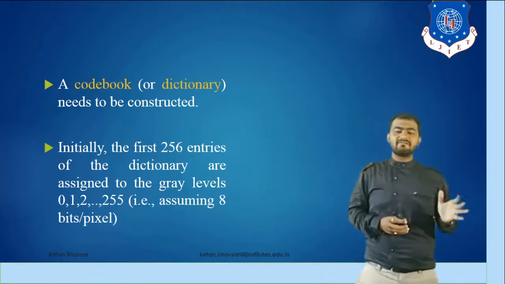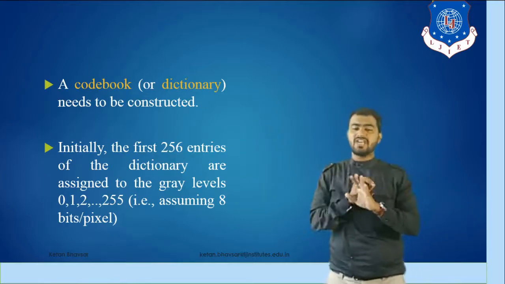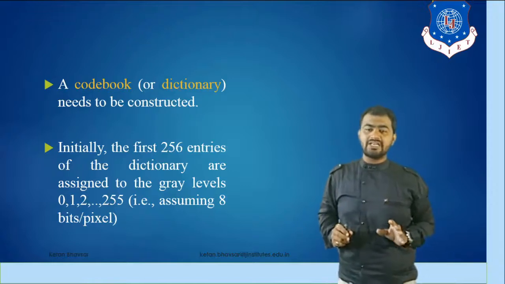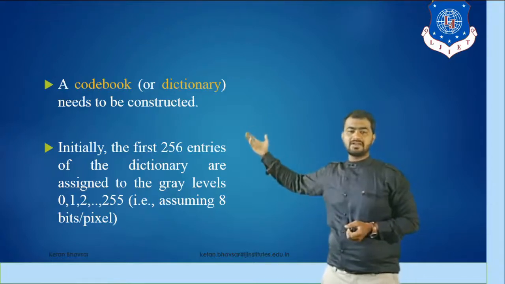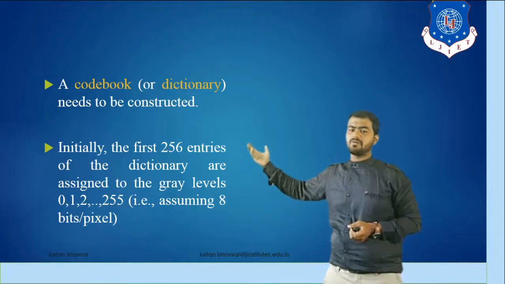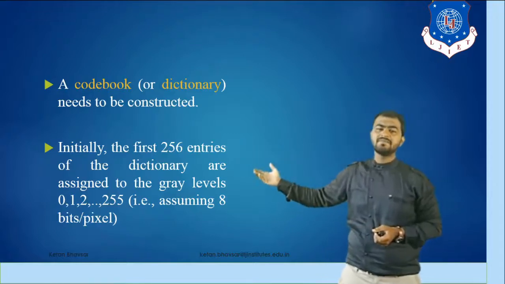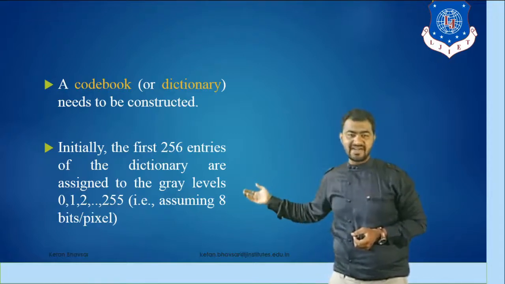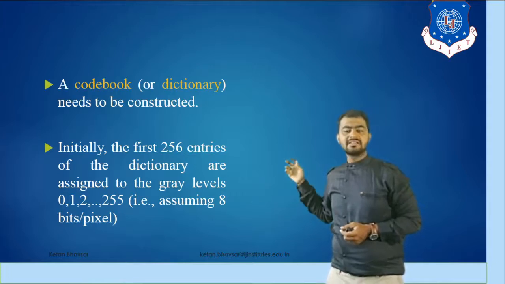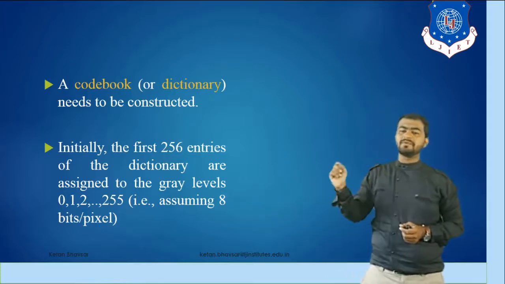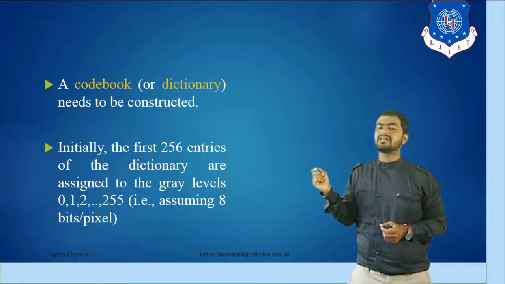As you can see, in Huffman coding and also in arithmetic coding, we are not using any type of dictionary at all. But if you want to work with LZW-based coding, then you require the dictionary-based concept. Initially, you have to take 256 entries of the dictionary, with the starting address from 0 to 255, because we have to work with the 8-bit data concept.